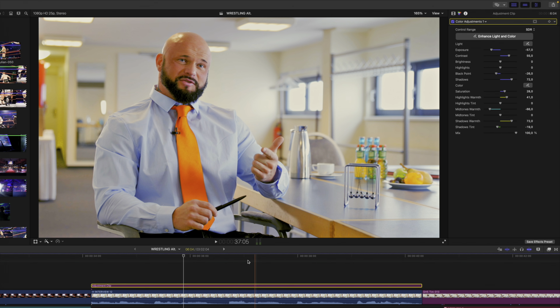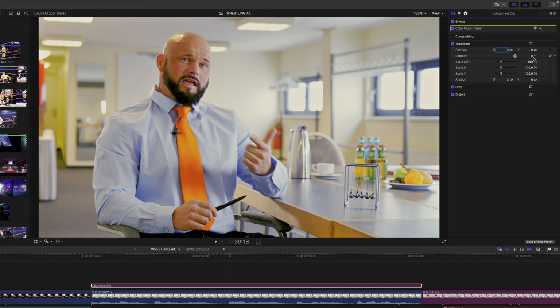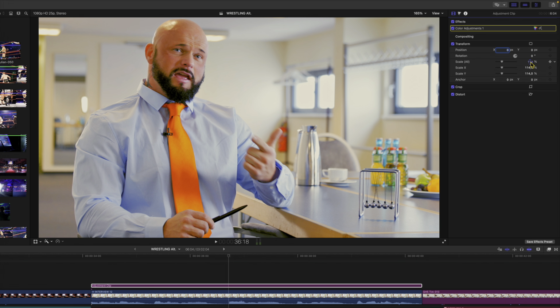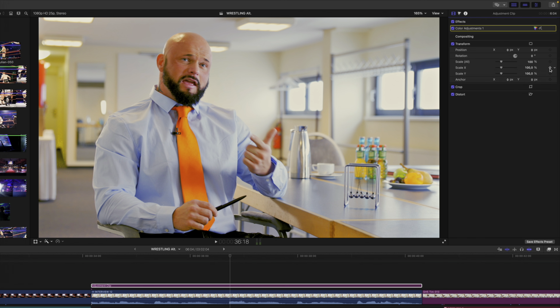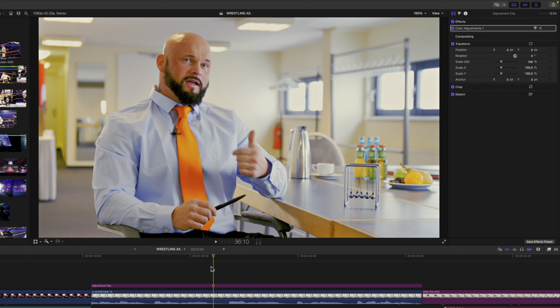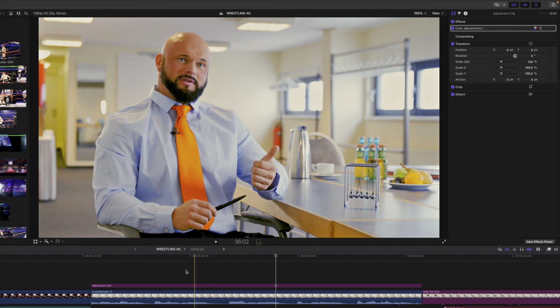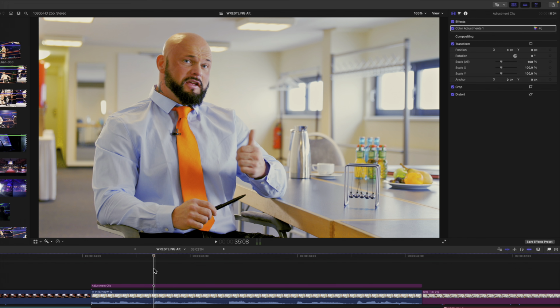I could also apply some transformations to the same adjustment clip to scale the clip up every time he lists the next item. But on the one hand, I don't really want to have to fiddle with keyframes, and on the other, I want to take advantage of 2 things that are both supremely unique to Final Cut as well as to the new adjustment clip. Which leads me to the very key differences and advantages of adjustment clips that I mentioned in my opening.